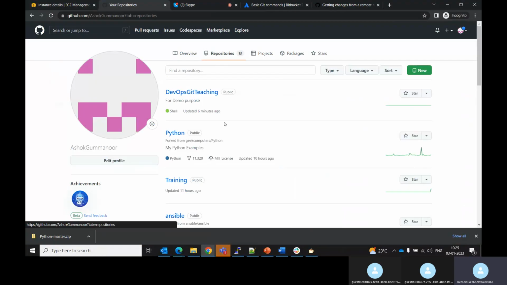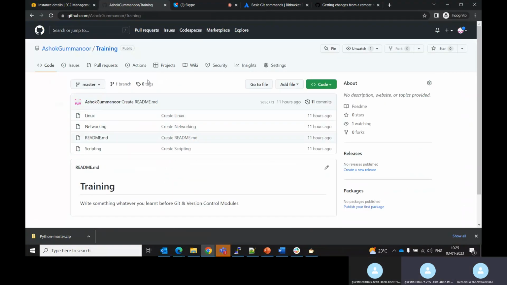I don't know how many files I have, I'm forking. Okay. So once you clone, you will have a folder called training. In that you will have these 3 files: Linux, networking, scripting. So now what you have to do is that,